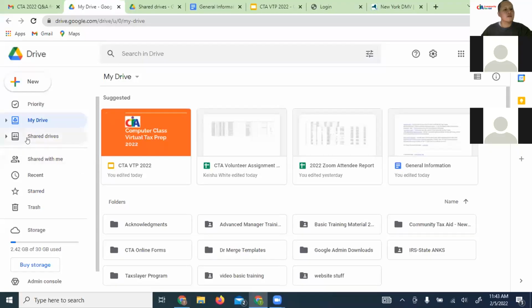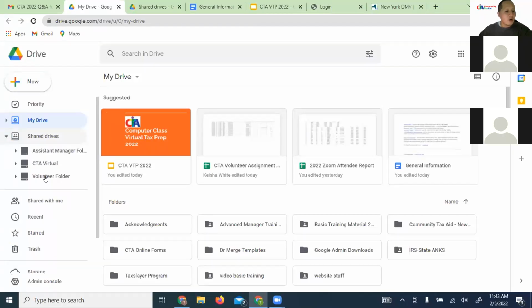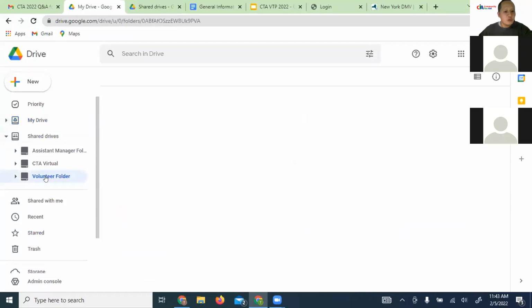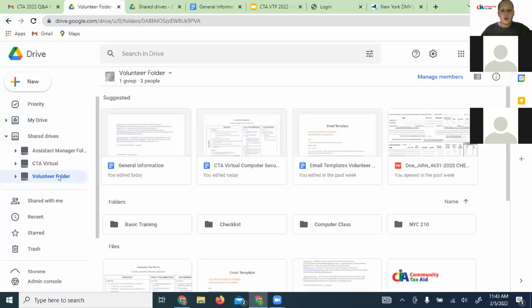The other thing is that we have something called shared folders, okay? I have more shared folders than what you will be able to see, okay? There is actually something called the volunteer folder. If you do see it, please open it when you can. It does have basic training class info in there. I know that it might not be the latest version of everything, but it should have most of the stuff, okay? If it's not, just relax. You still have the other link that you could get access to, but this is something that you cannot get a link to unless you are within the